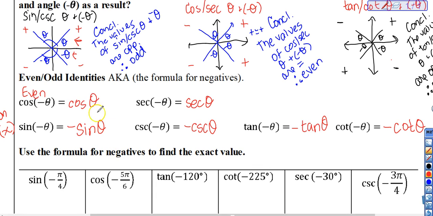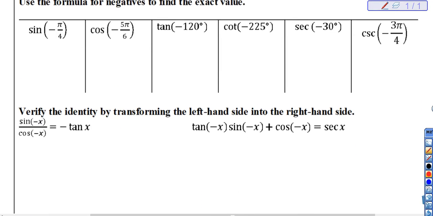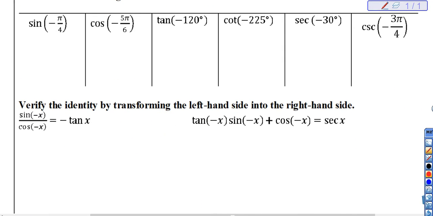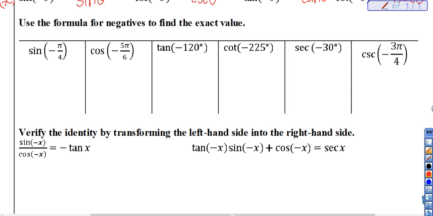Now you'll notice in my instructions here I said the even and odd identities. This is my preferred name for these identities, but our textbook calls it the formula for negatives, which some textbooks call it that. But I know in calculus your teacher's going to call it even and odd identities, so we're going to stick with that nomenclature. But the instructions say on your homework to use the formula for negatives to find the,